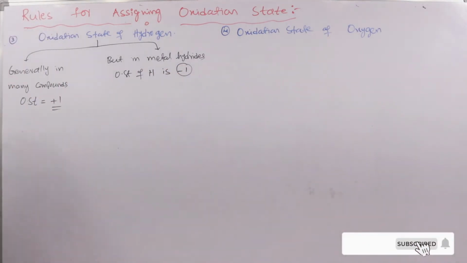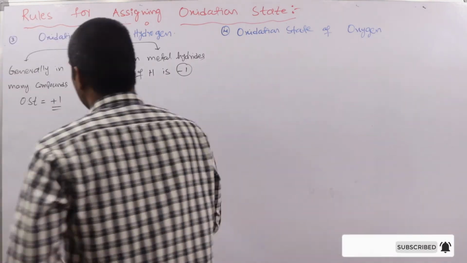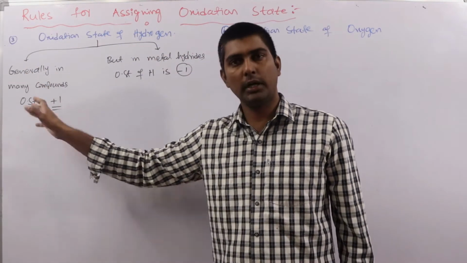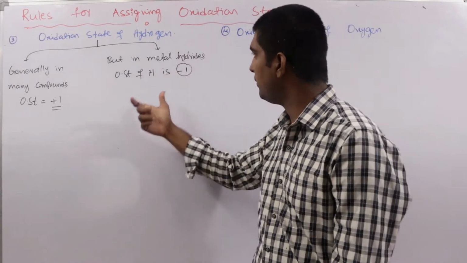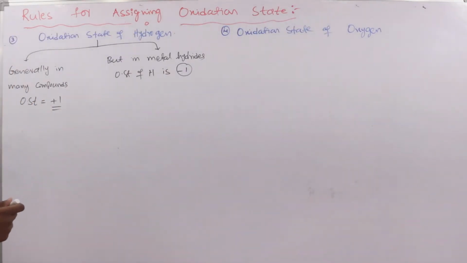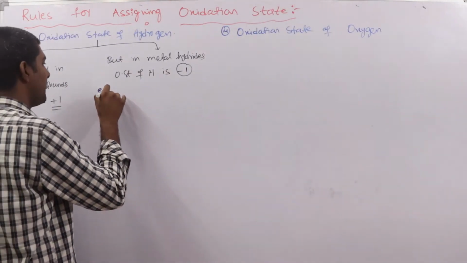Very, very important. Generally in many compounds the oxidation state of hydrogen is +1, but in metal hydrides it is -1. For example,